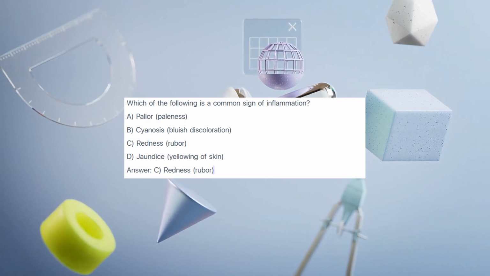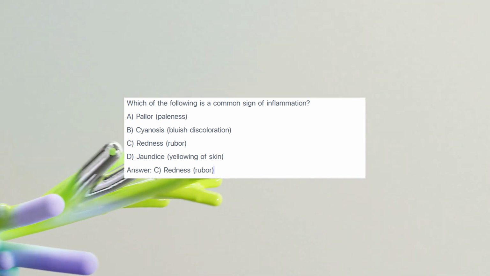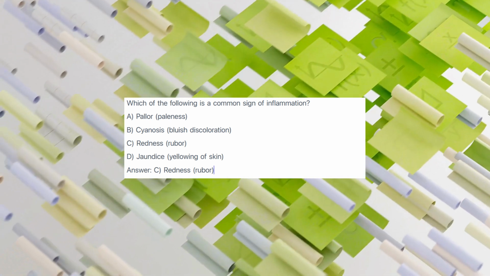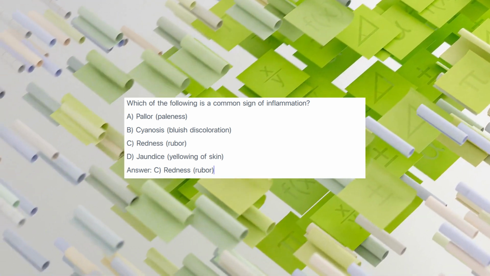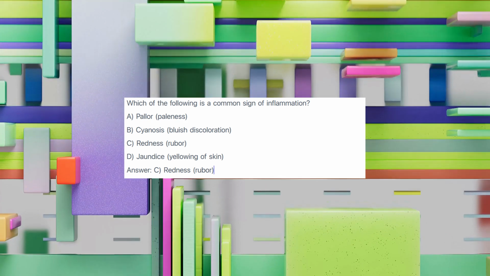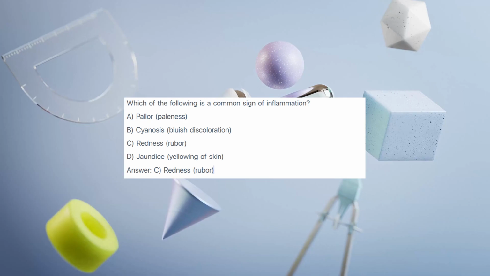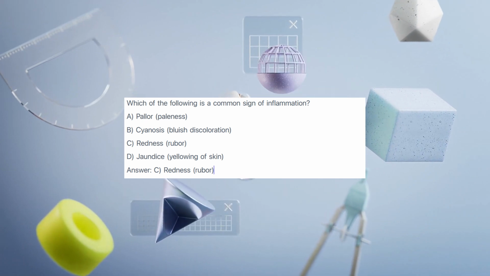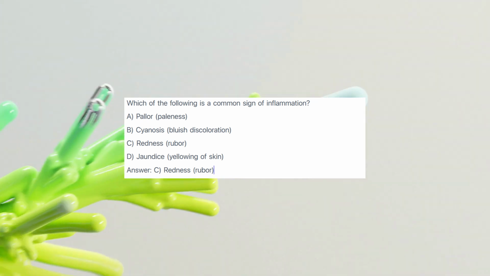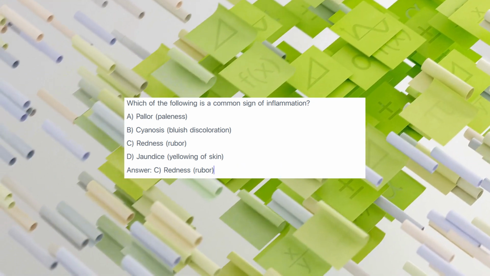Which of the following is a common sign of inflammation? A. Pallor, paleness. B. Cyanosis, bluish discoloration. C. Redness, rubor. D. Jaundice, yellowing of skin. Answer: C. Redness, rubor. Explanation: the classic signs of inflammation include redness, rubor, swelling, tumor, heat, calor, pain, dolor, and